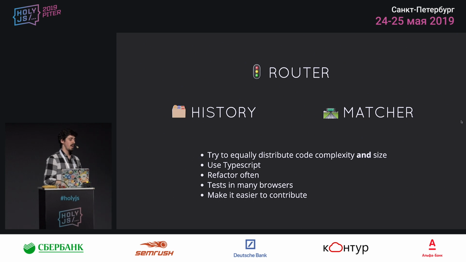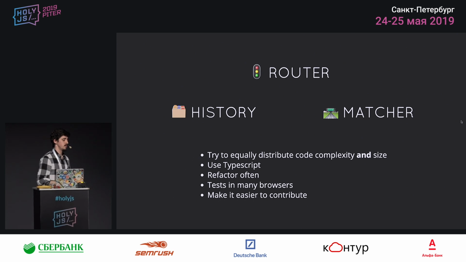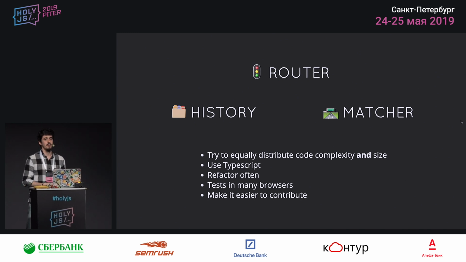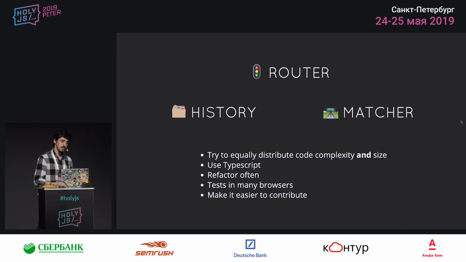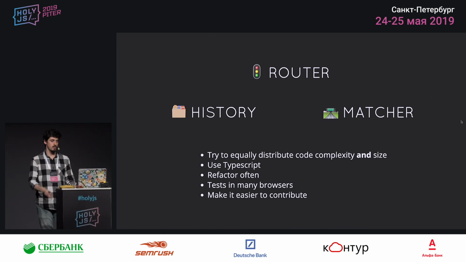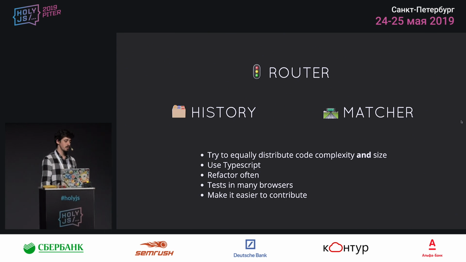What I'm trying to do with the new rewrite is to equally distribute the complexity of the code and the size among these entities, to use a better typing system, because I reckon that the typing that we have with Flow is pretty bad. We don't use it well, and because we have been finding problems upgrading, we have pretty much given up. And because we're rewriting the whole thing in TypeScript, it makes much more sense to use TypeScript for the router as well. And that will allow us to refactor more often to make sure that we keep the first rule true, and